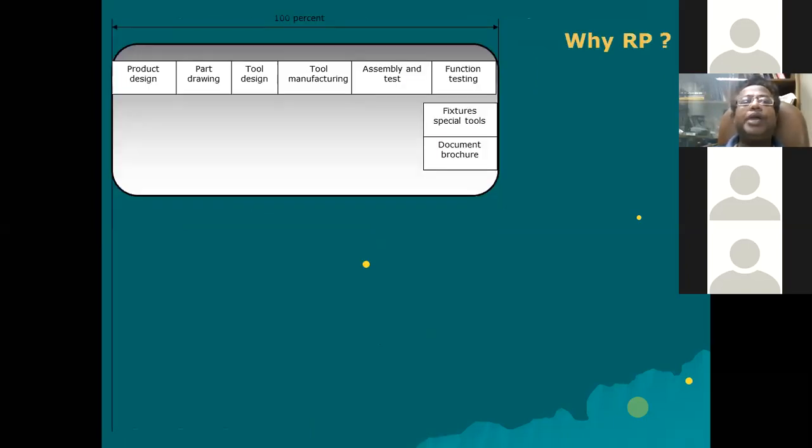So let me proceed. Now, as I told you yesterday also, in the beginning, this 3D printing was developed as a prototyping tool. It was developed as a product engineering tool. It was assisting the design evaluation function. That is prototyping, which is a product engineering function. Correct? If you see product engineering, there are different functions of product engineering.